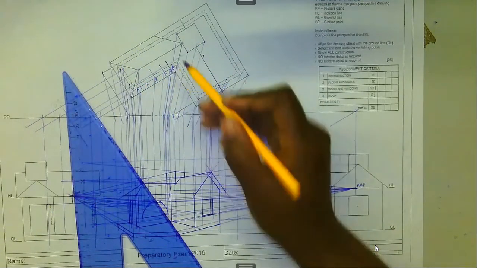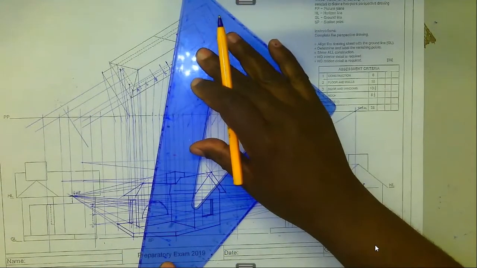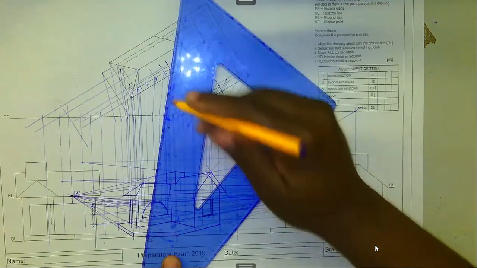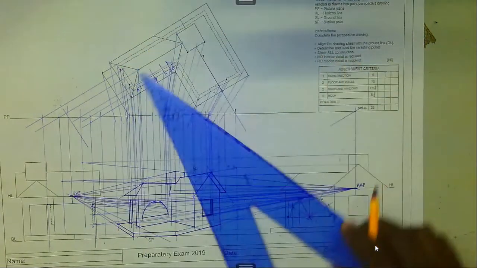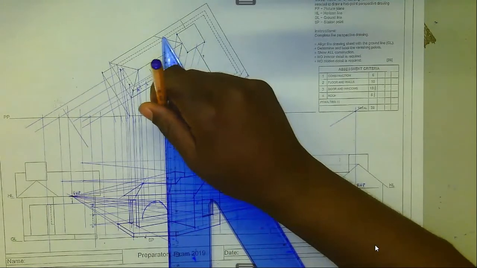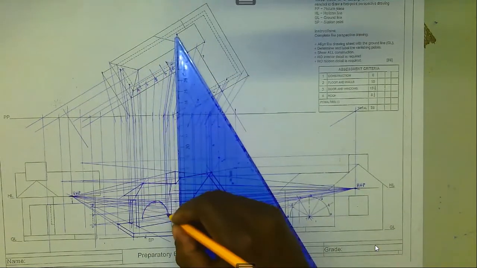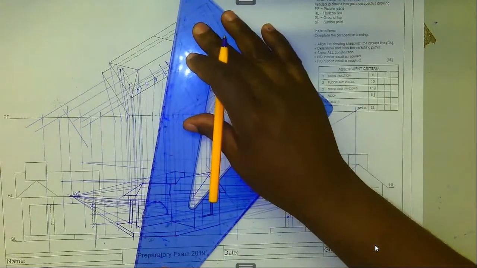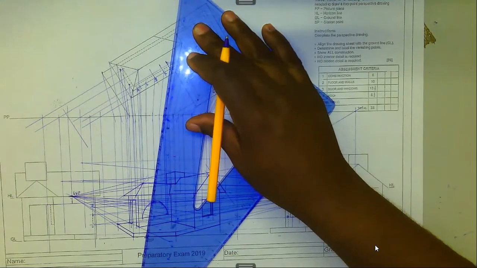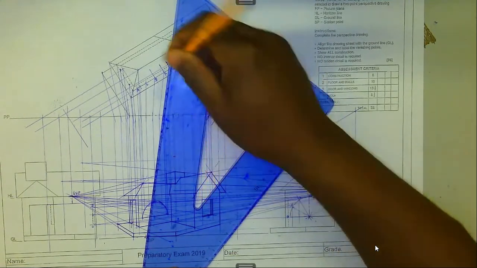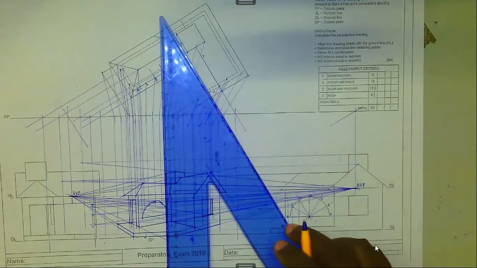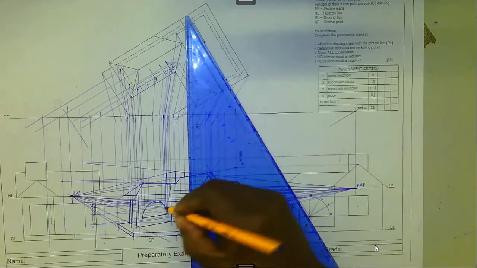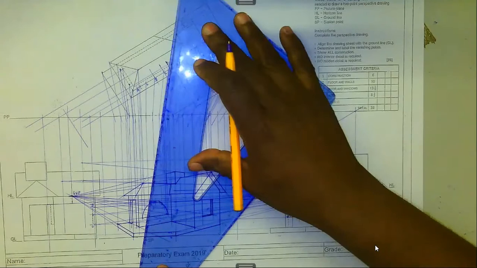Right, I will start with point 0. Point 0 is here. Right, take this one, I bring this one down, like that. There is the point of intersection, right? Then I take point 1, you bring this one down like this. You take it to line number 1, which is this point. Then point number 2,